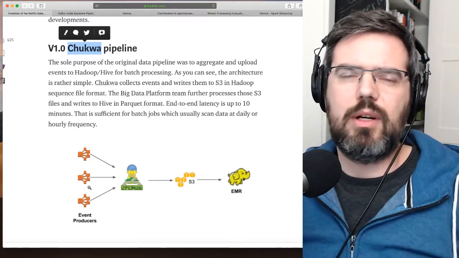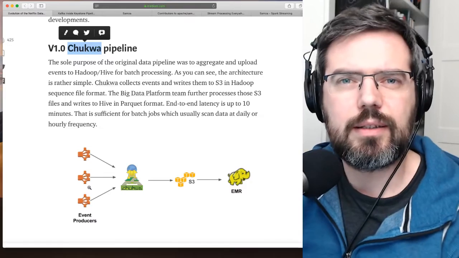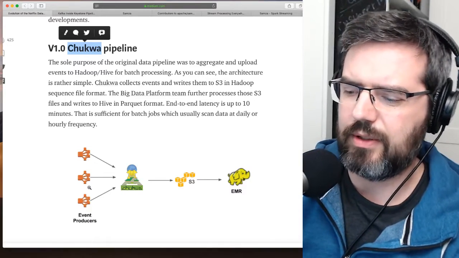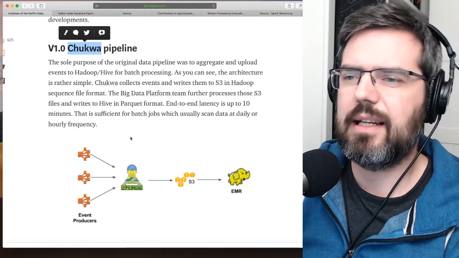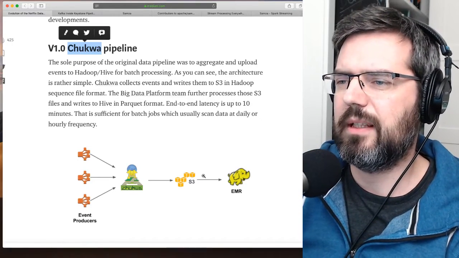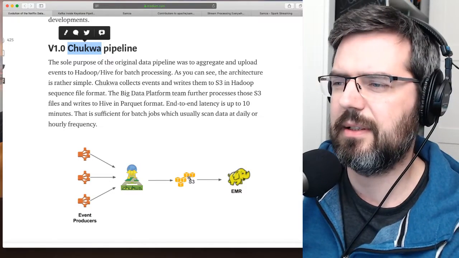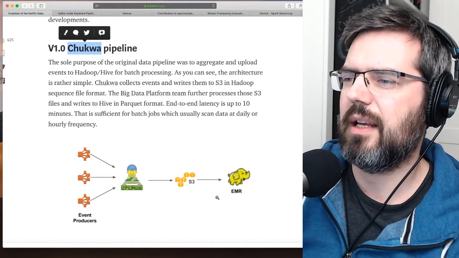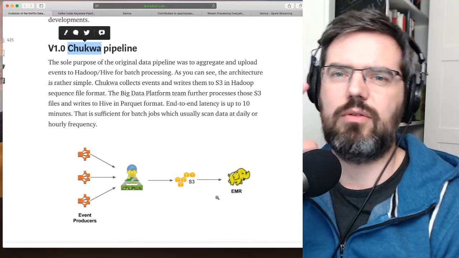This is more or less the UI that you are using on your browser or your interface or in your app, and that is then sending data to Chukwa, that is sending data into S3. So they are working with Amazon, and then they used Elastic MapReduce to do batch jobs